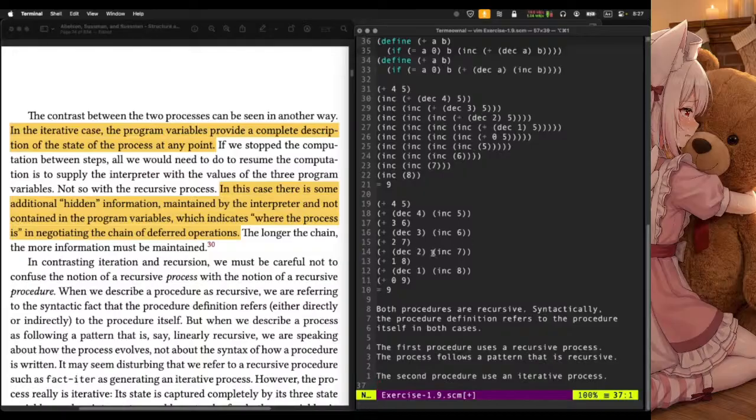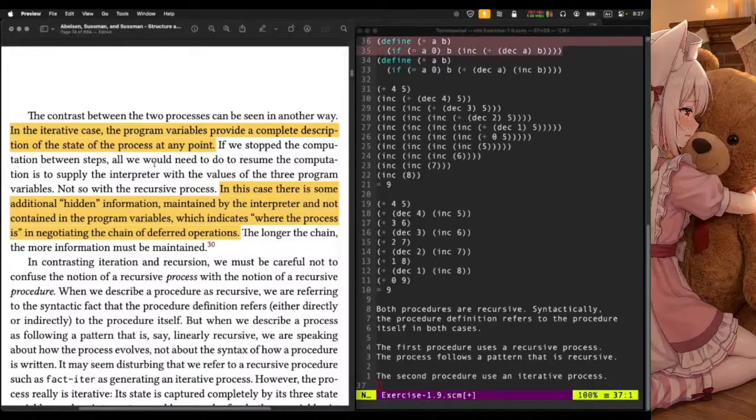But for the second one, even if you stop at any step, you can kind of tell. Actually, I don't know why. I have to think about the definition more, like why they're different. It says the program variables provide a complete description of the state of the process at any point. And then in recursive processes, there's additional hidden information maintained by the interpreter, not contained in the program variables, which indicates where the process is in negotiating the chain of deferred operations. I don't really understand this difference, but anyway,